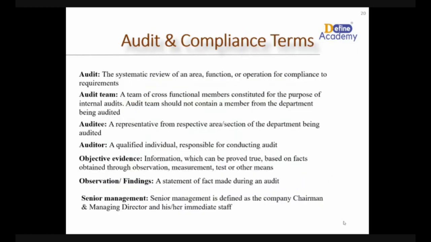What is the audit and how is it to be performed? Audit is a systematic review of an area, function, or operation for compliance to the requirements. What is the audit team? A team of cross-functional members, that is called CFT, cross-functional team, constituted for the purpose of internal audit. The audit team should not contain a member from the department being audited. That means if the audit is meant for production, then the production head should